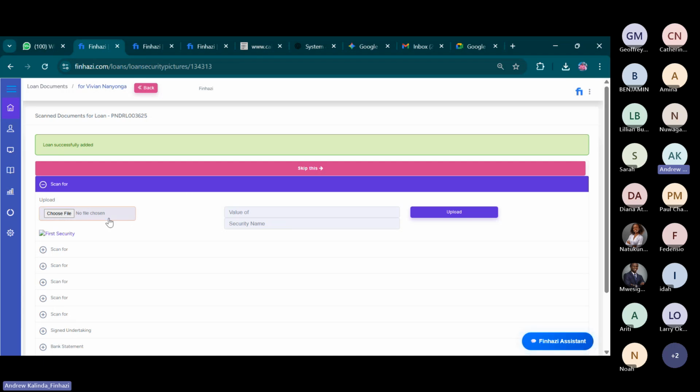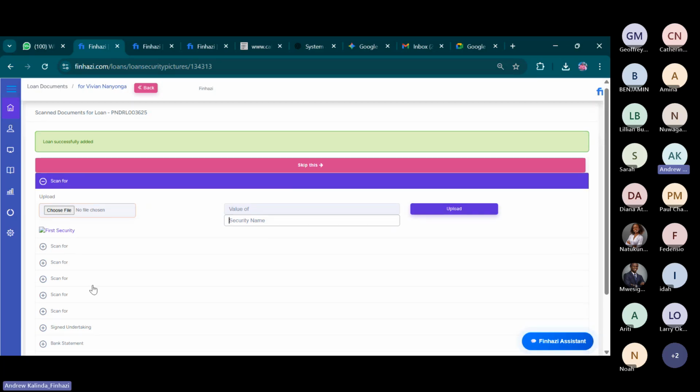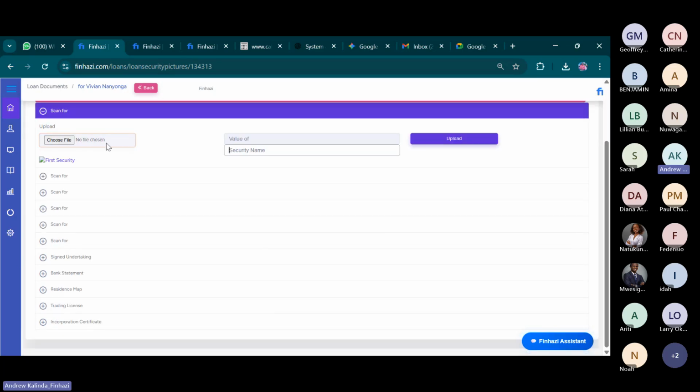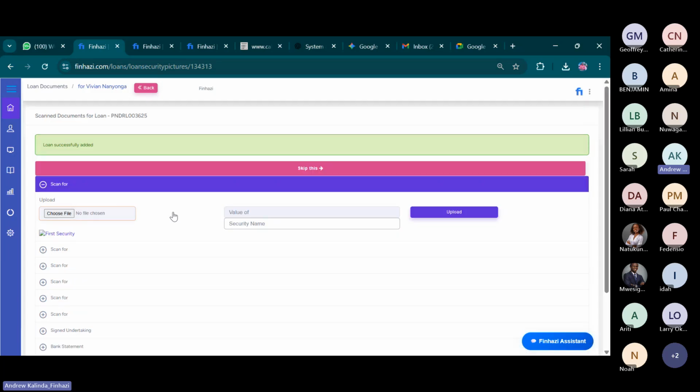So you'd upload them here, capture the value and then the name and upload, and this will be tagged to your loan. So you can do that there. So all of these options to upload a security, then any signed undertaking, bank statement, and the like. So you're able to add these